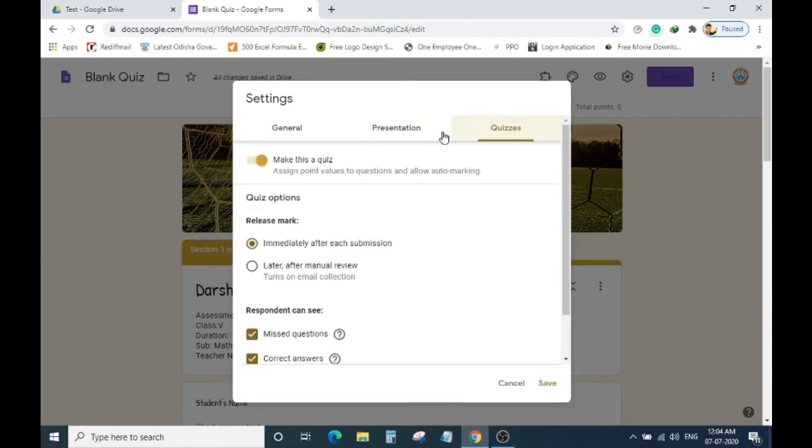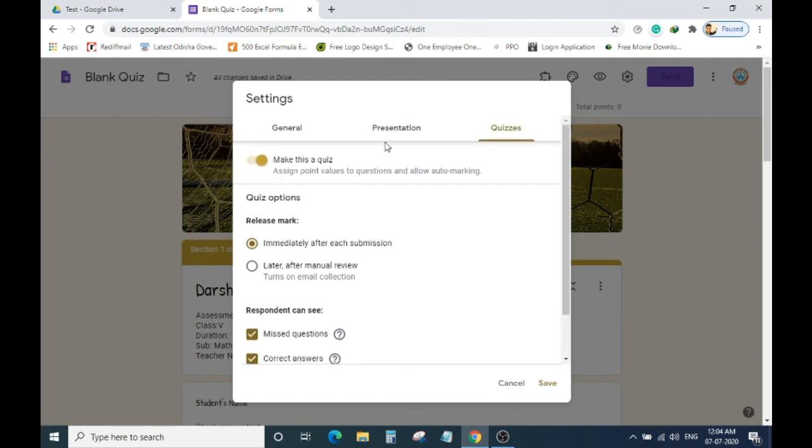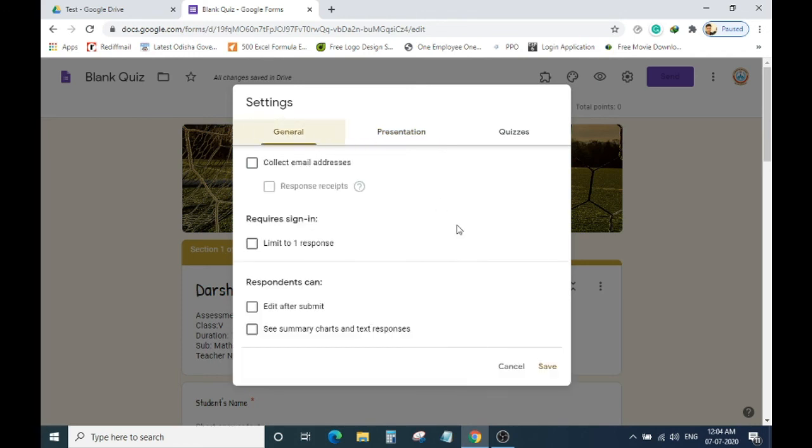No, the field is not required. Then I will type here, thanks for appearing in the test, and I will click save. These are the different settings that are there.